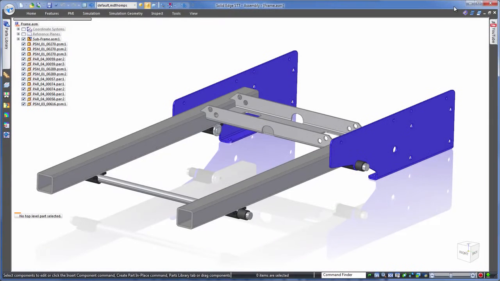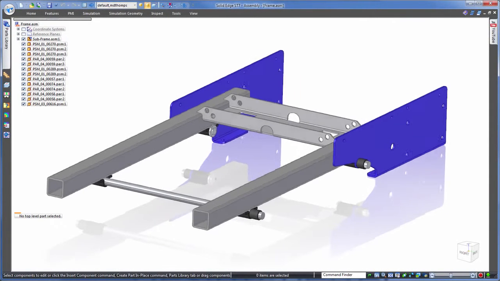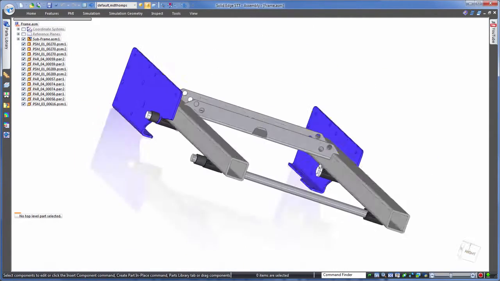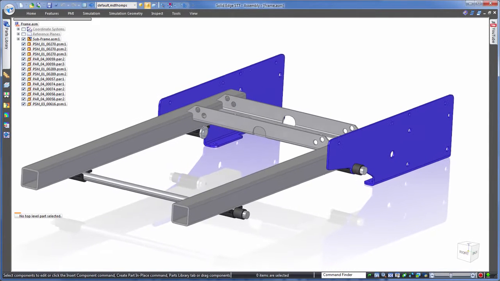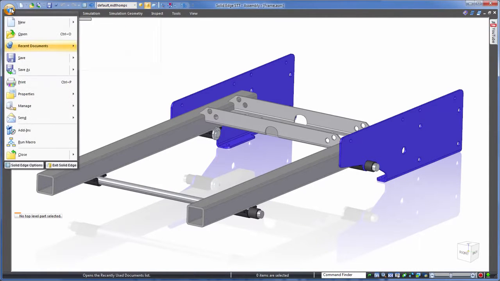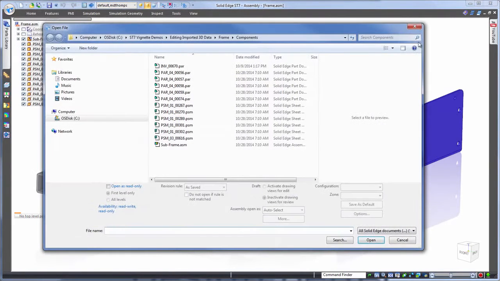Today, we work in a multi-CAD world, challenged to import and often edit data, regardless of what software created it. Take this example, a chassis design where we need to import 3D supplier data from various sources and make edits where needed. First of all, let's take a look at importing the 3D data. Well, actually forget import. All we need to do in Solid Edge is simply open, like you would any other